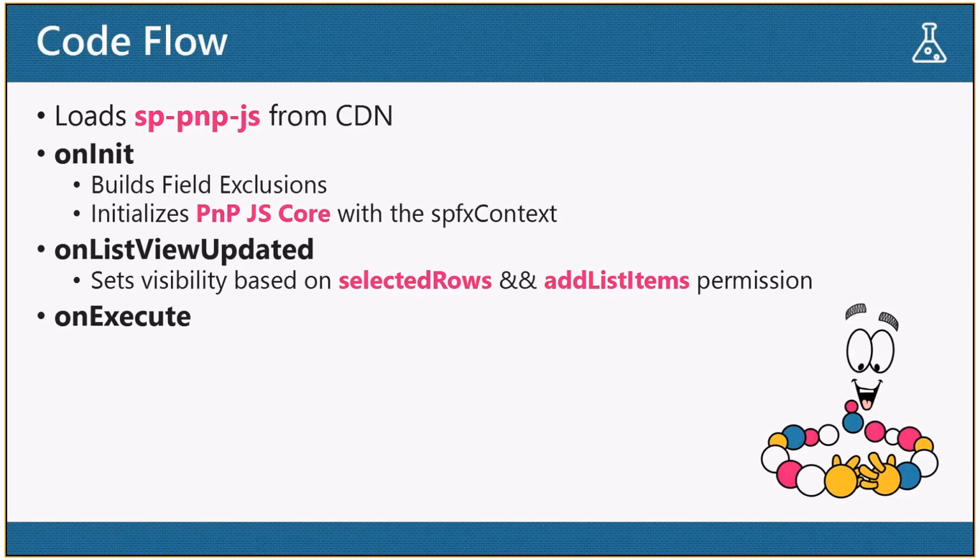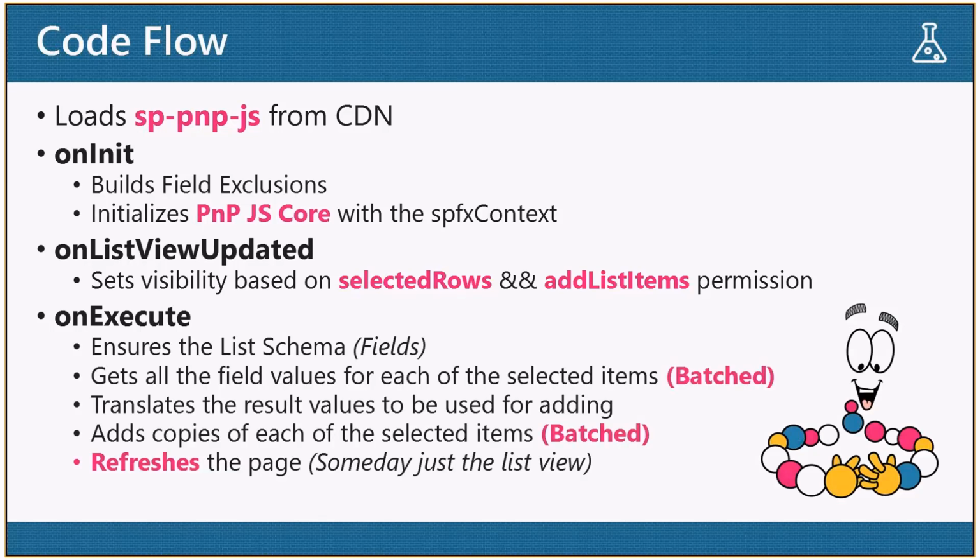Make sure we've got at least one, and the current user has the add list items permission. You'll see this is all a single line of code. It's really easy to do. And then when our actual command gets called in our onExecute function, we're going to first ensure the list schema is